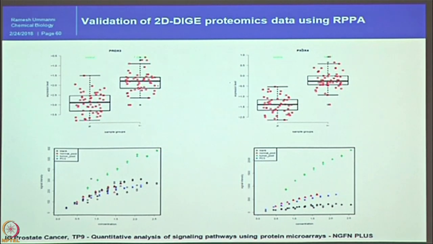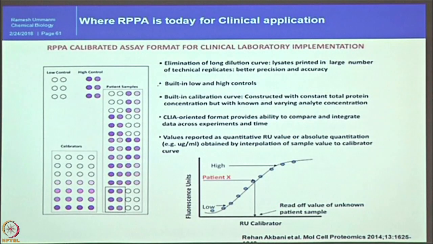We performed the validation of 10 proteins and still 2-3 micrograms were left over in the tube. So, this is the power of RPPA we could use. Now, where are we standing today? As I said, at that time not many people were accepting that it can go into the clinic. Now, in 2014, there was an RPPA consortium meeting, and people were talking about how we can bring it.